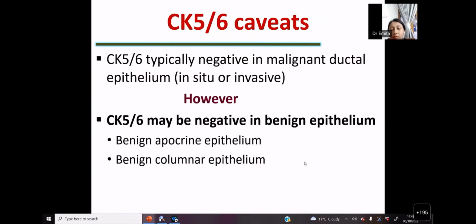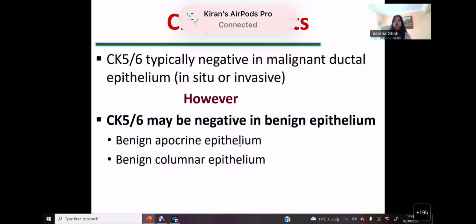Now, if you use any immunostains, you have to know what it stains normally, what the pitfalls are, and what type of staining to expect. So CK5/6, what are the caveats? As I said earlier, it is typically negative in malignant ductal epithelium, but it can be negative in some of the benign epithelia. So when you get apocrine metaplasia, and you are trying to decide whether it is DCIS or just hyperplasia, CK5/6 is not going to help because CK5/6